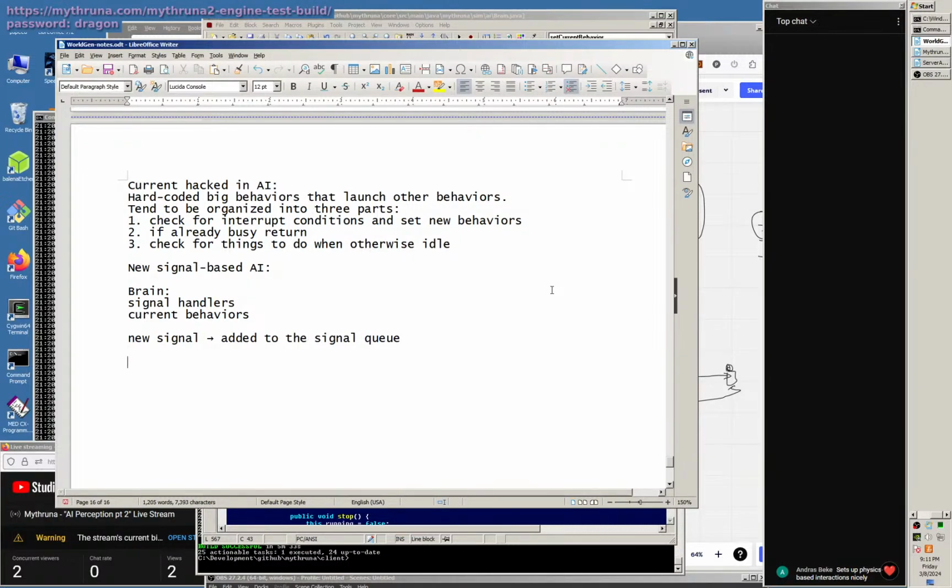And so then every update we go through the queue, see if we can handle that behavior or that signal, and then potentially switch behaviors. And then